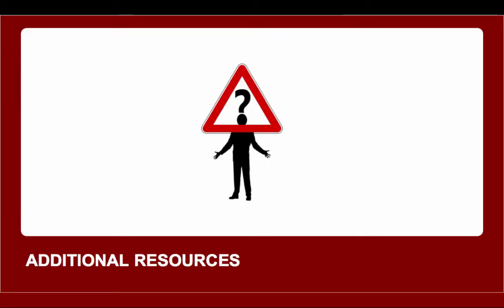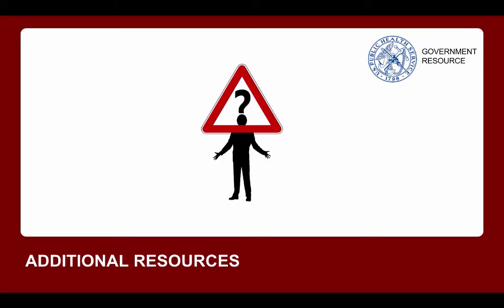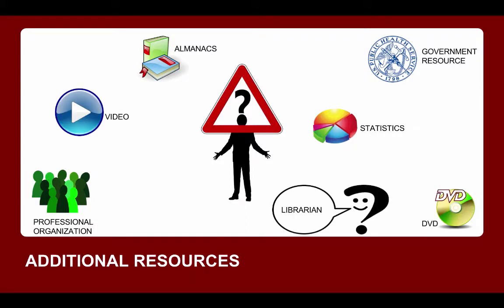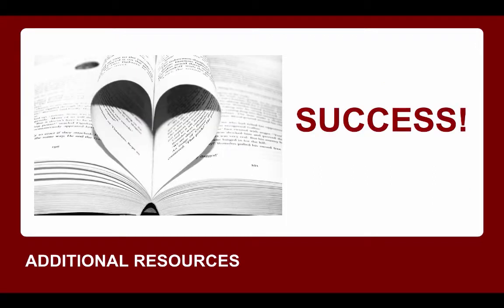In this video, we will examine several additional resources that might be useful for your research paper. Government agencies, professional organizations, almanacs, statistical resources, DVDs, videos, and librarians are rich sources of information for your assignments and your professional needs. You will find some of these resources when you use Rothrock Library, but more are available primarily